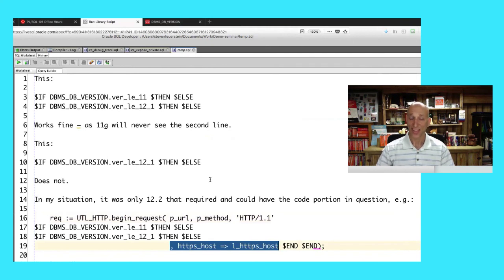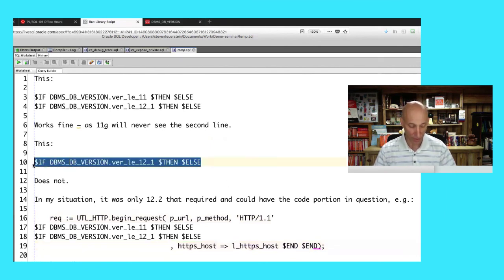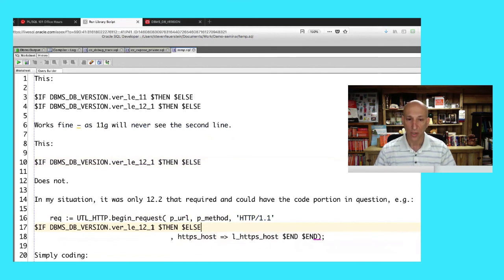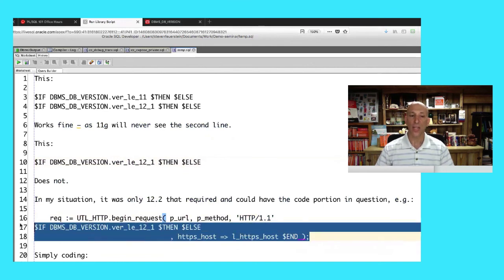To nest them. This is a particular instance in which the only consideration was not, okay, on 9 I'm going to do it this way, on 10 I'm going to do it that way. It's on 12.2 I've got a new feature I want to start using. So it would be very easy to be inclined to say, okay, fine, if I'm on version less than or equal to 12.1, then nothing else, add this parameter. The problem is that when this code runs on 11,